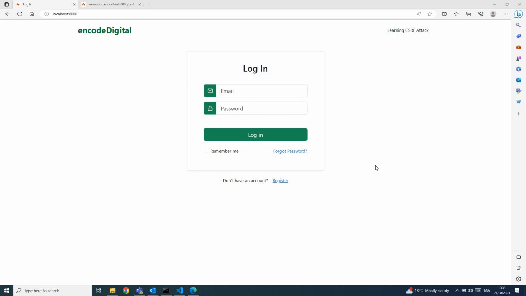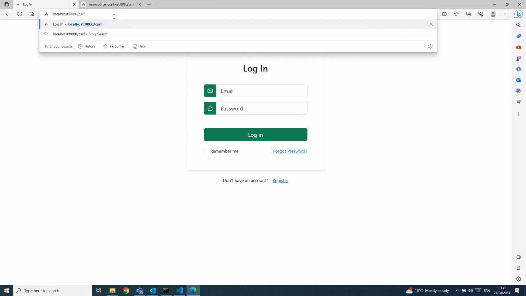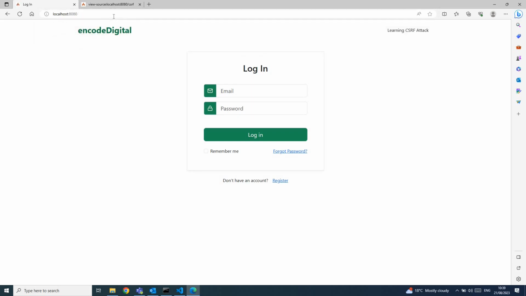So we normally have the login screen. That's how we authenticate our users, and only then do we serve the other pages which are meant to be shown to the authenticated user. For example, for this particular application, I have created another page called CSRF, which we will see in a second. If I try to access that one now without logging into this application, it will take me back to the